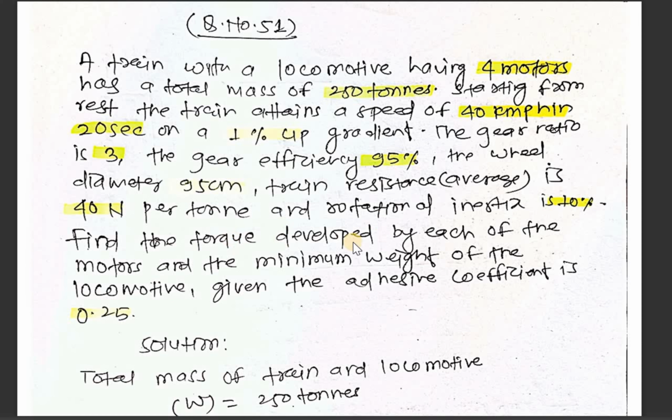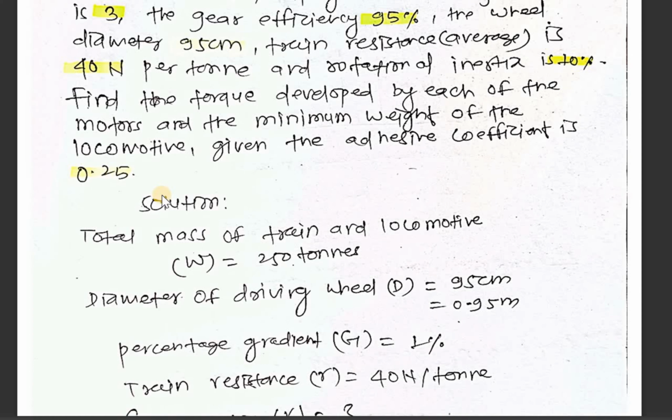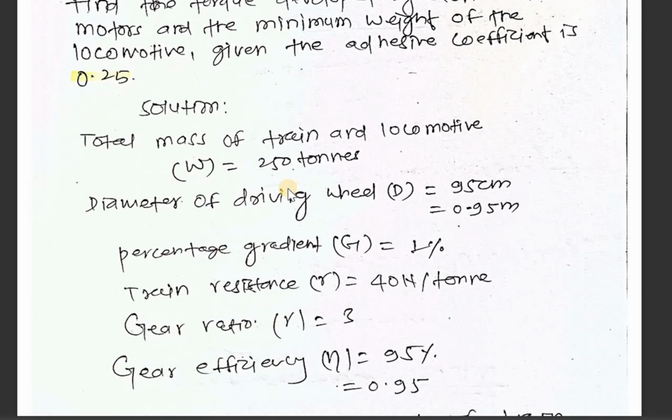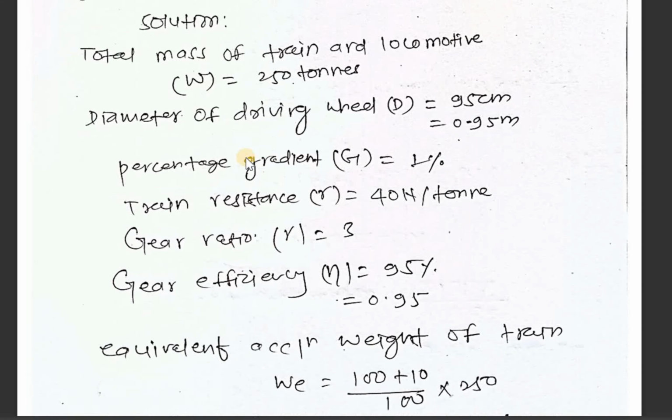Find the torque developed by each motor and the minimum weight of the locomotive, given that the adhesive coefficient is 0.2. The mass of the train and locomotive W equals 250 tons. Given: diameter of driving wheel D equals 95 centimeters, 0.95 meters; percentage gradient 1%; train resistance 40 newton per ton;